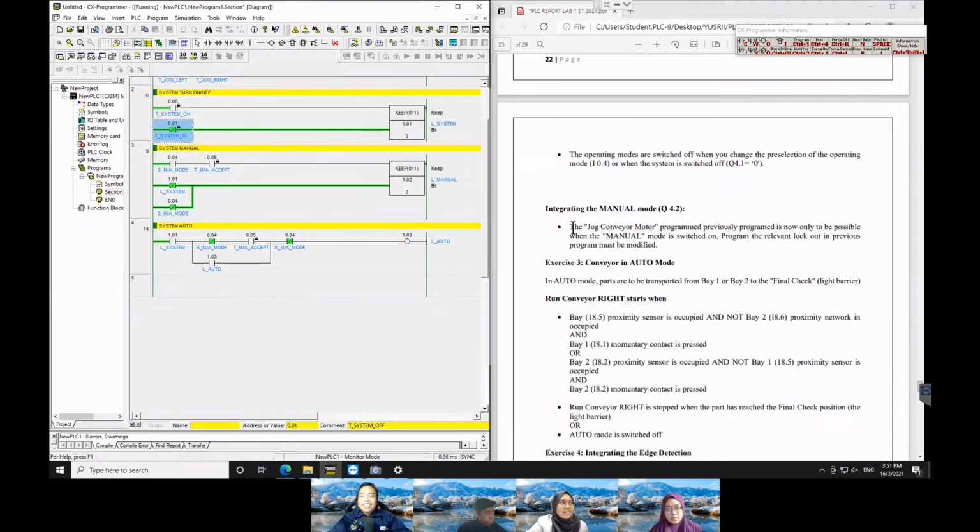Okay, next, so for the next question is integrating the manual mode Q4.2. Okay, the question given is the job conveyor motor program previously program is now only to be possible when the manual mode switch on program. The relevant log out in previous program must be modified. Okay. Alright, so at this